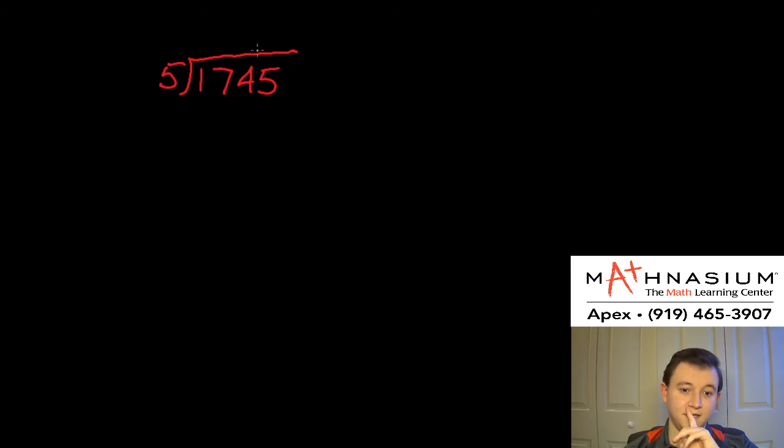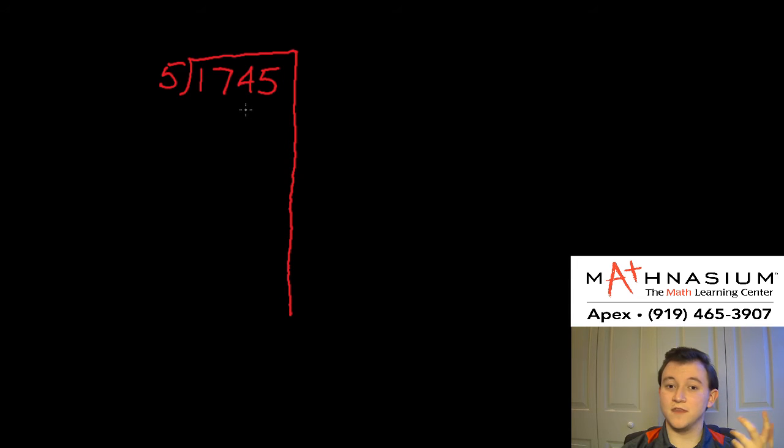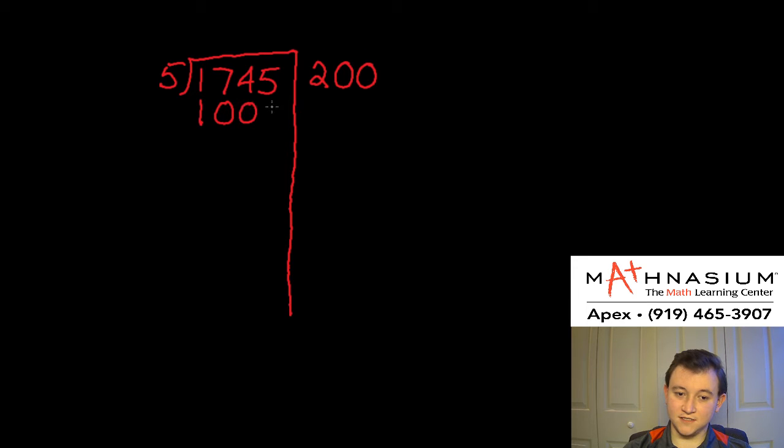The first step in doing this method is we take this dividing bar and we extend it down the side, and you'll see why that is in just a little while. First, we look at the thousands place, and here we have a 1. So we think, how many times can 5 fit into 1,000? Off the top of your head, you may know that 5 times 2 is 10, and then we're going to need 2 additional zeros in order to reach the thousands place. So we can say that 5 times 200 is 1,000. We can take that away, and we'll be left with